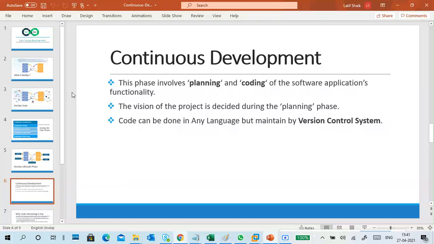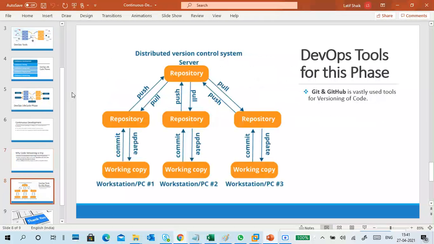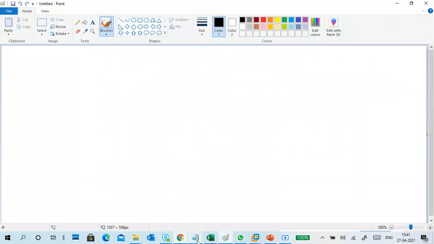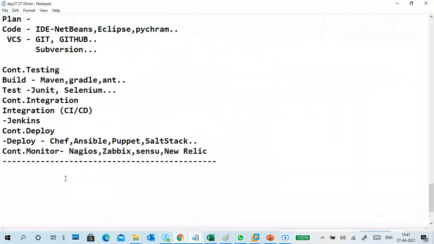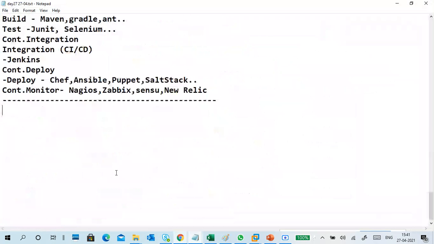And here there are two types of version control. Okay, this is a distributed version control system. I'm not writing anything in this one. In Git, or a version control, I am not writing anything, so I have to write VCS, which means version control system.